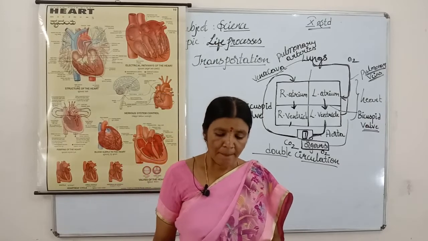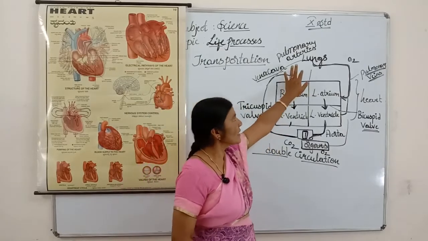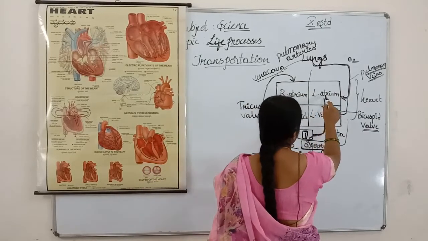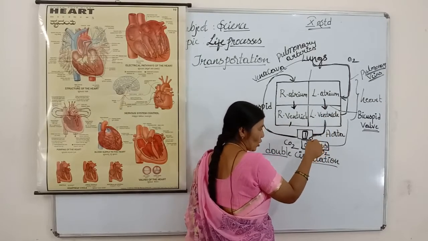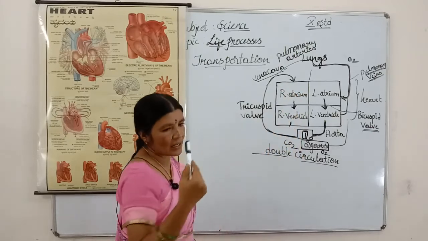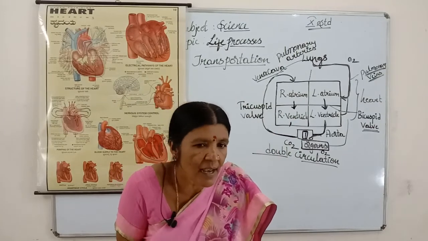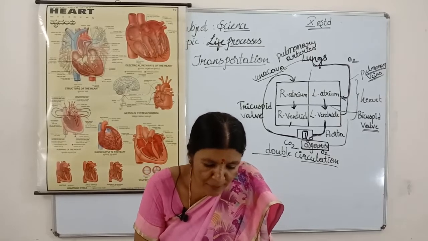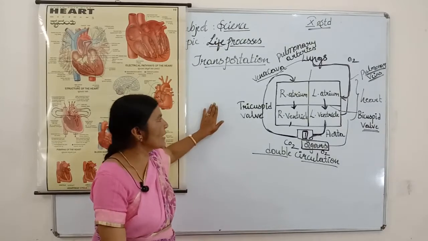That is, from the lungs where we started, blood started its journey from lungs to left atrium, from left atrium to left ventricle, from left ventricle to aorta, means to the organs, and from the organs to right atrium, from right atrium to right ventricle. So this is what we say as double circulation. But things you should remember are very, very important, children, that it is a very important diagram.